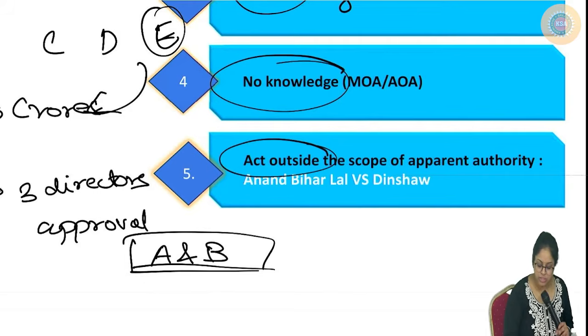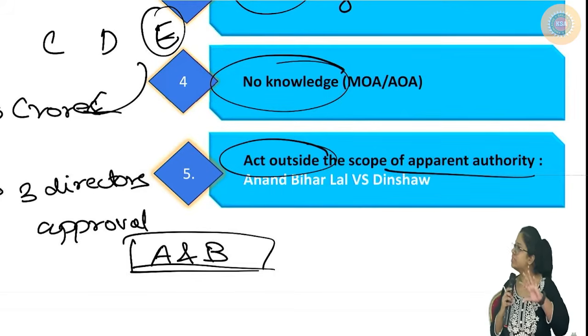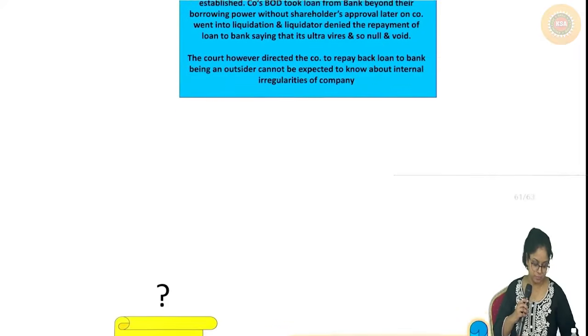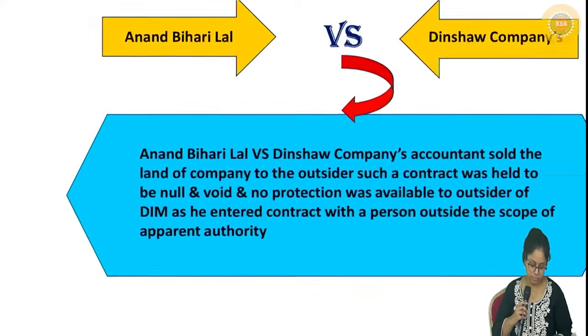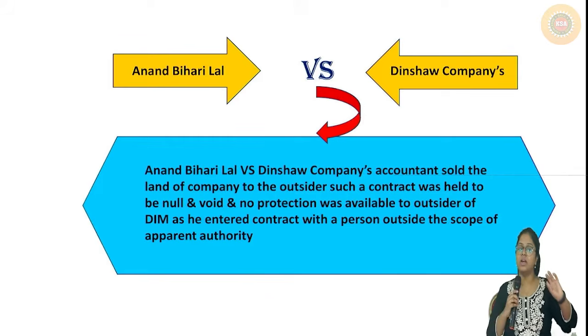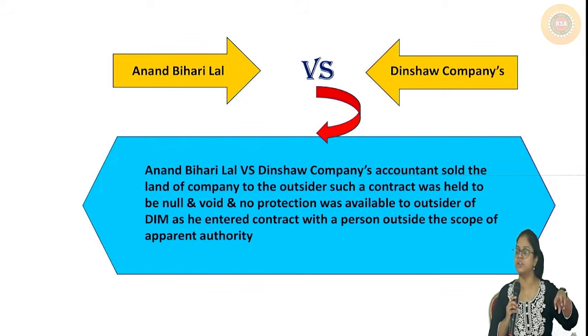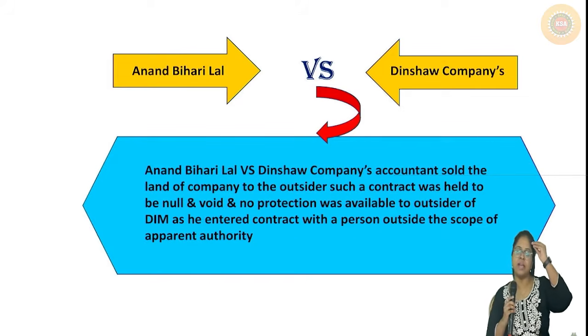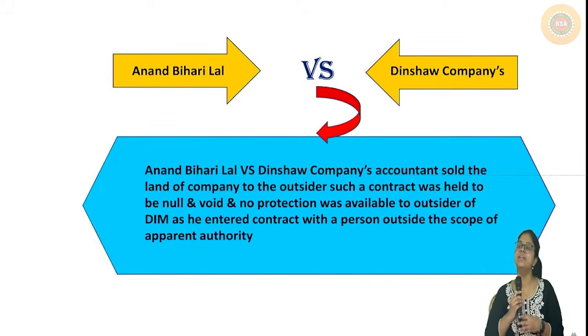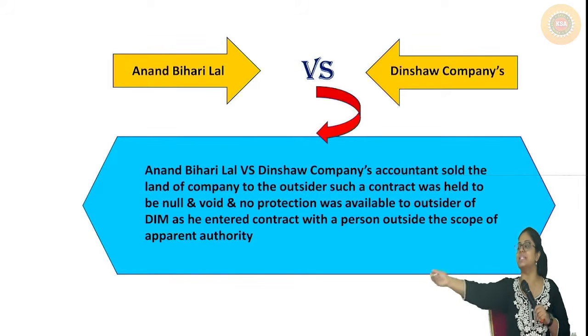Next is act outside the scope of apparent authority. For this, there is a case law. We'll look at that particular case law. There's this case law called Anand Bihari Lal versus Dinshaw Company. What basically happened here was, the company's particular property was sold by an accountant to an outsider. Now, any person with a little bit of common sense will know, can an accountant have the right or authority to sell company's land? No. Who should sell? Either the board of directors should sell, or the founders or owners or chairmen of the company only can sell. If an accountant is signing a piece of paper and telling that now this company's land is yours, can you